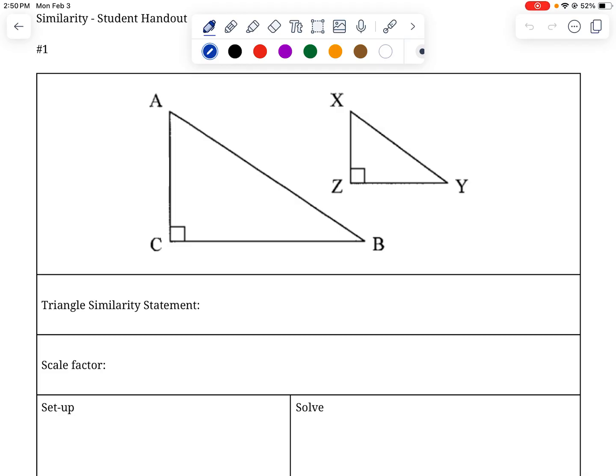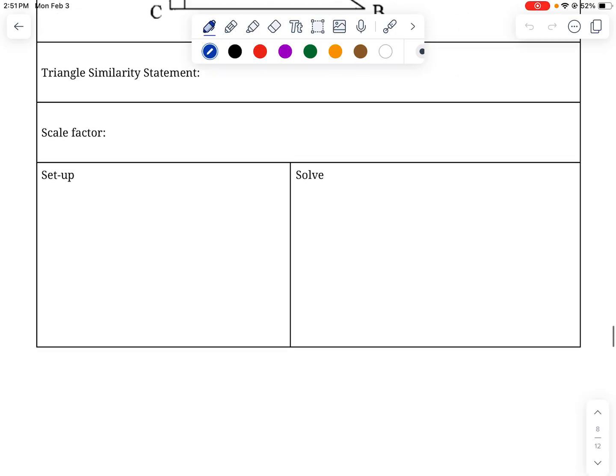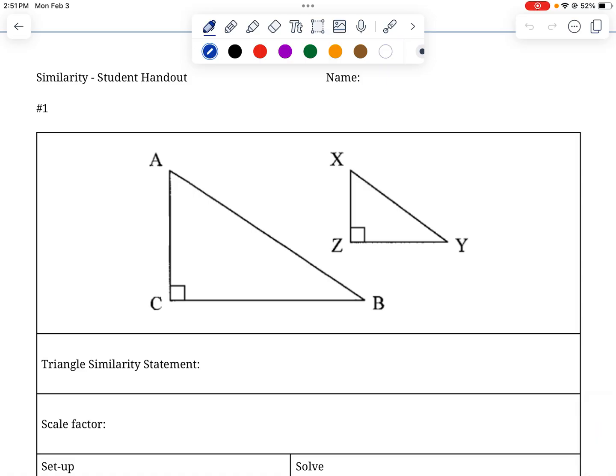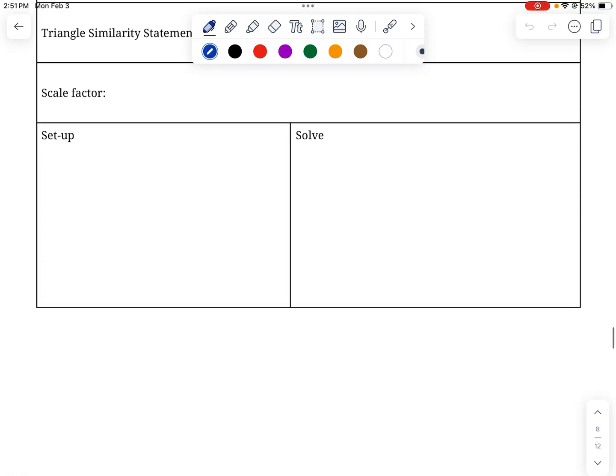I'm making a little video over similarity. If you missed class on Monday, February 3rd, you're in luck. We're talking about similar triangles, or similar shapes in general, similar figures. For these examples, similar triangles